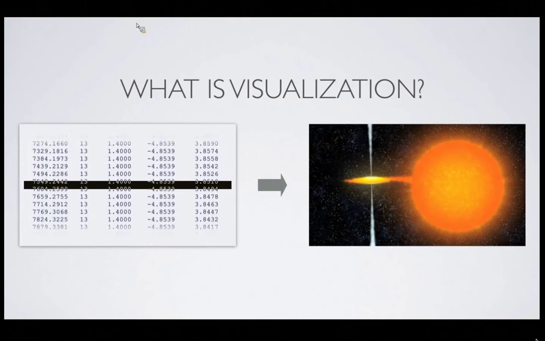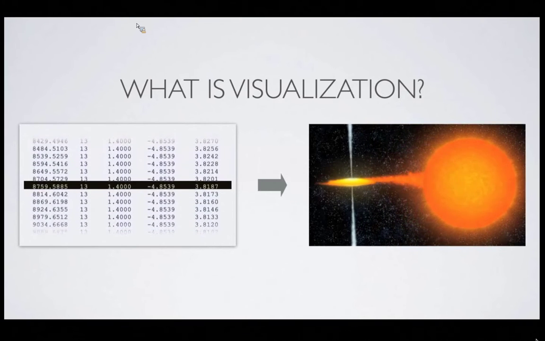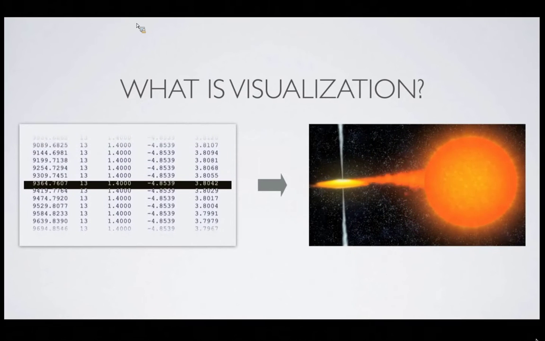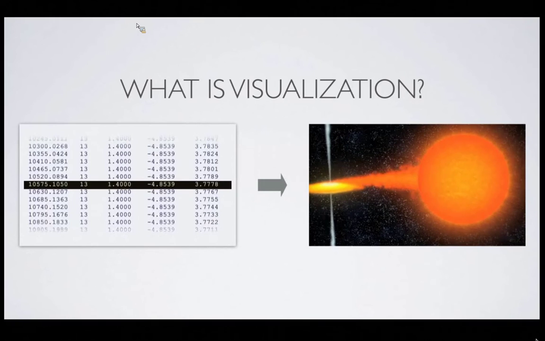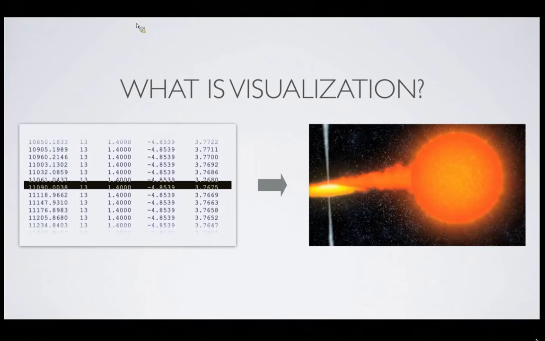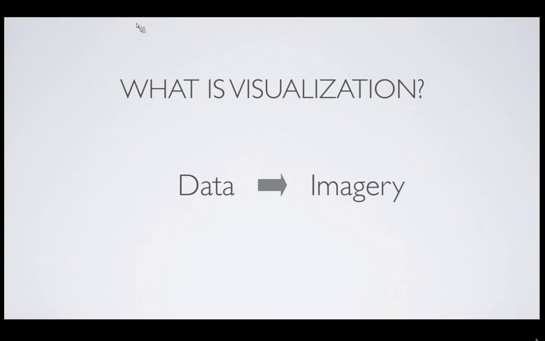The columns are all just properties of the stars. And so that includes things like mass, radius, temperature, things like that. And so then on the right, we produced an animation with this. And so that gray arrow in the middle is kind of where all of our work falls. So back to this definition.